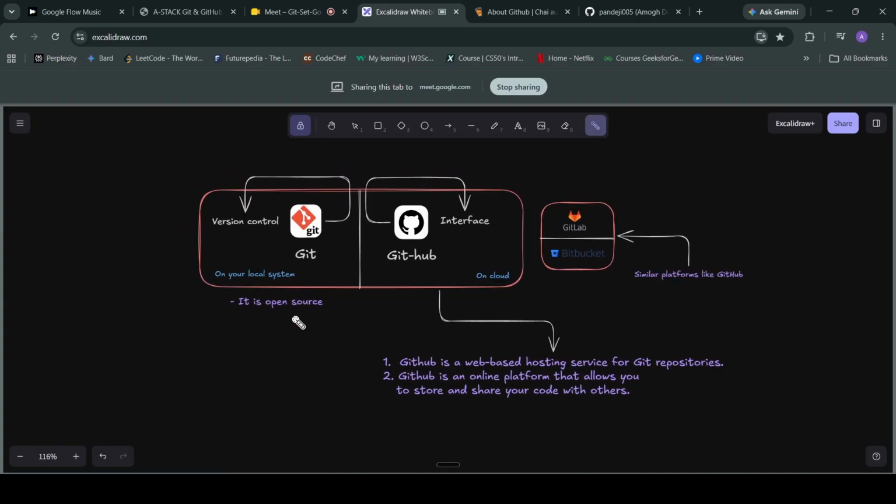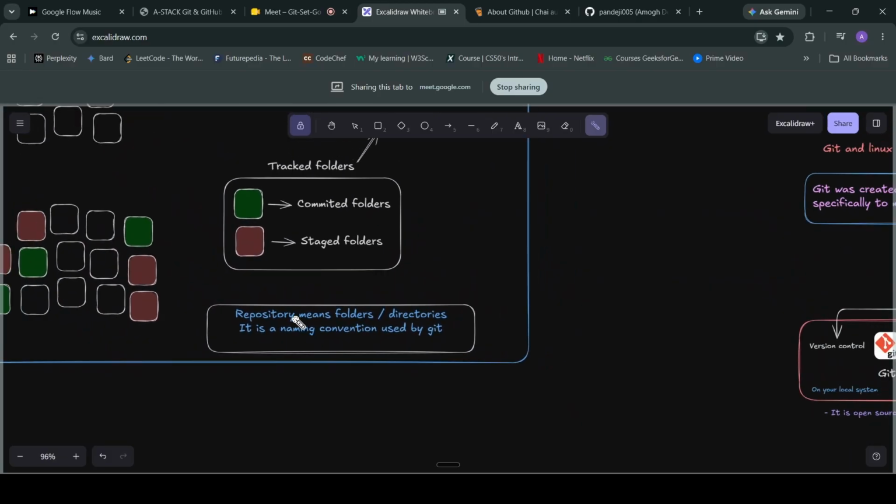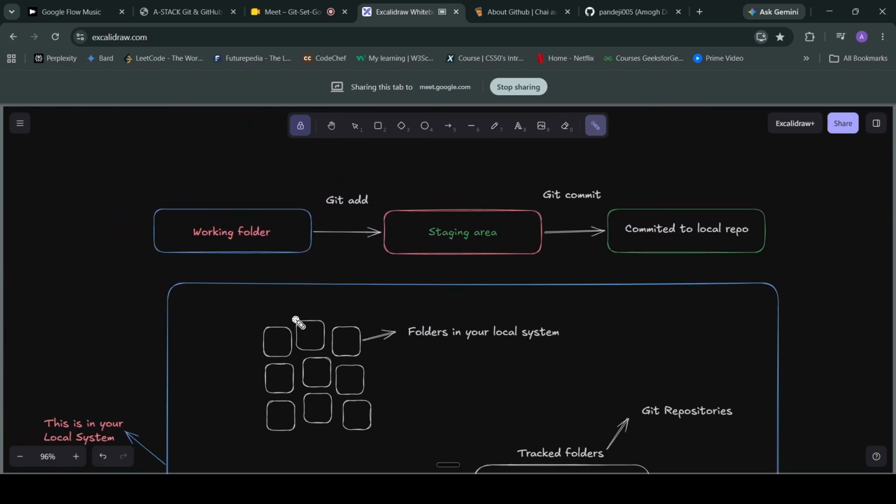Now let me explain some basic things about Git. This is the main workflow. Is it visible? Okay, yes. First you have a working folder. You can also call the folder a repository. Let me explain it with an easy example.